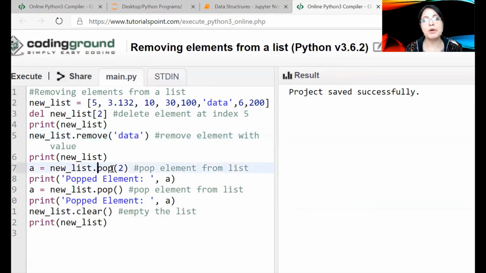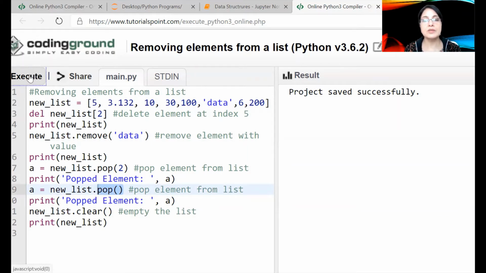We can use the pop method and pass the index of the value which we want removed, and this will return that removed value or the deleted value. If we do not pass an index to the pop method, it will remove the last element from the list. We use the method clear to empty the list.